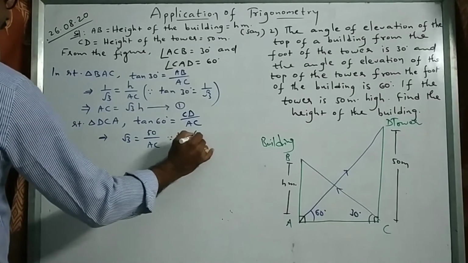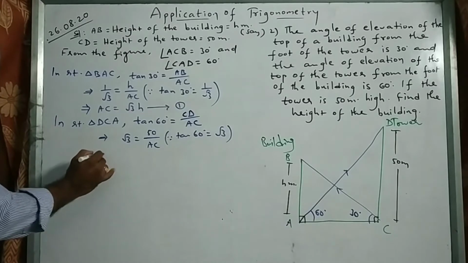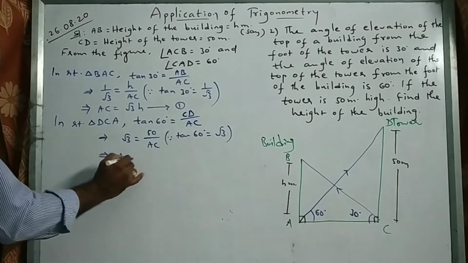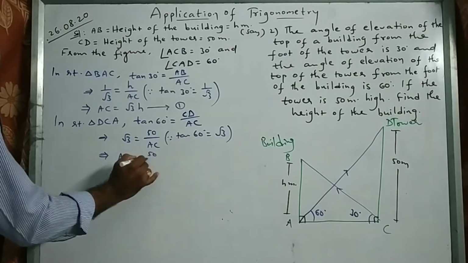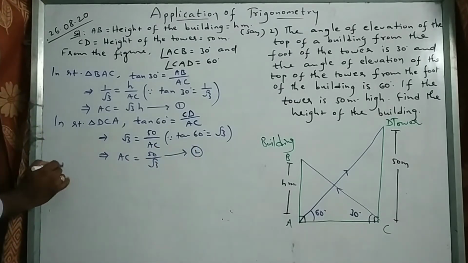From this, AC equals 50 by root 3, equation 2. From 1 and 2 we get